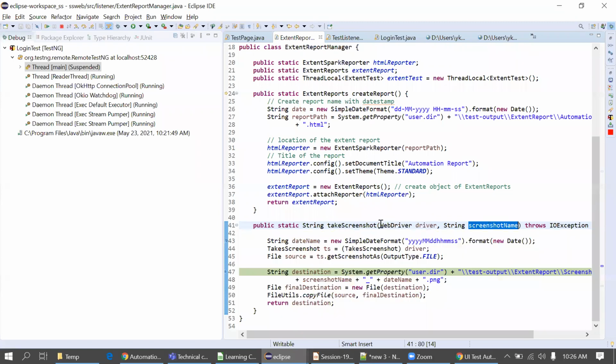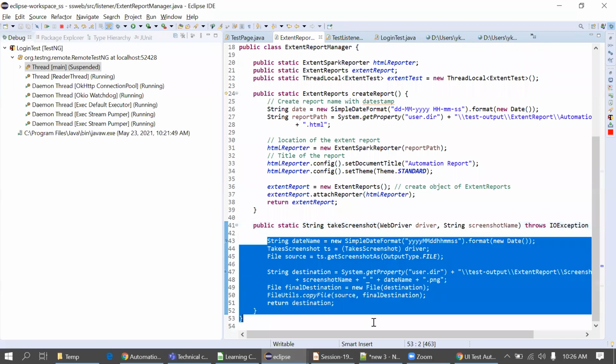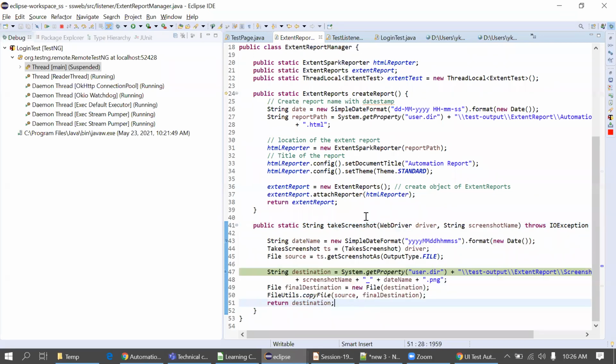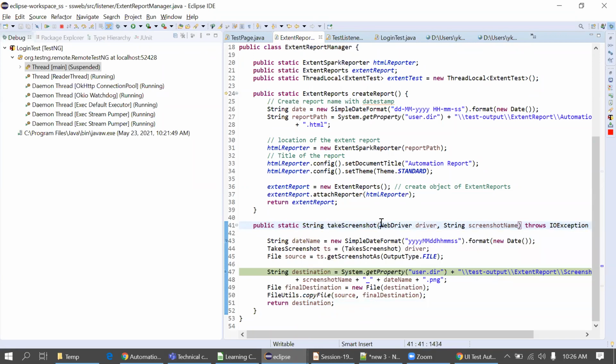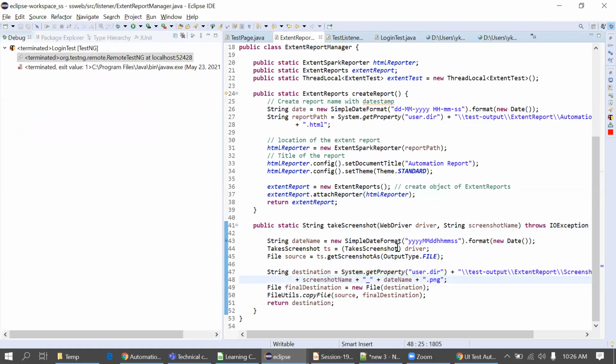So don't think about this parameter as of now, from where it is coming. Just understand what is written in this code. I will call this method somewhere else and tell you how to pass these two parameters, and then you will come to know from where we get this. Okay, fine. I'm just stopping the execution. So this is about taking the screenshot.